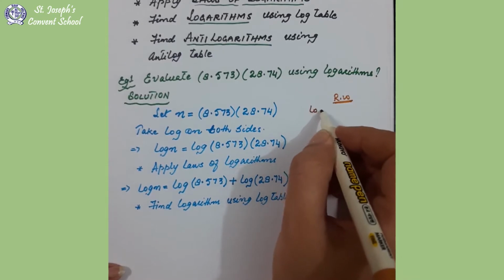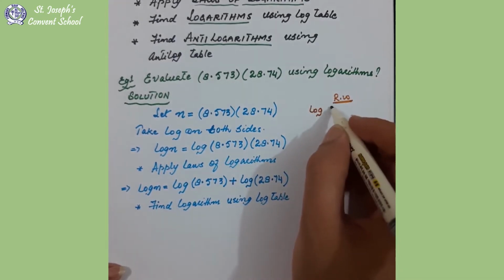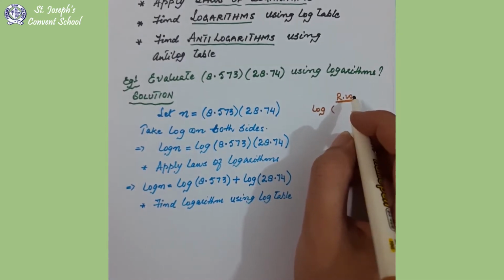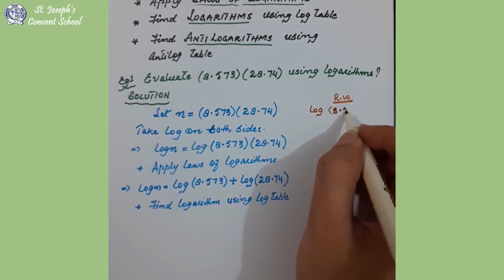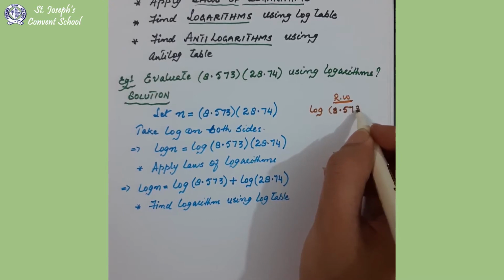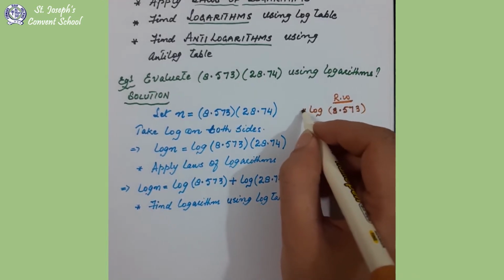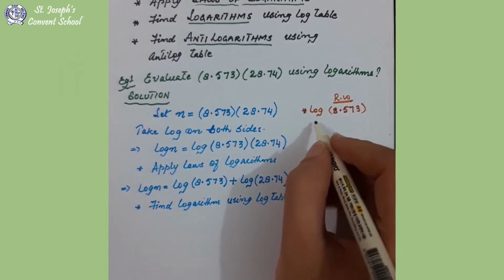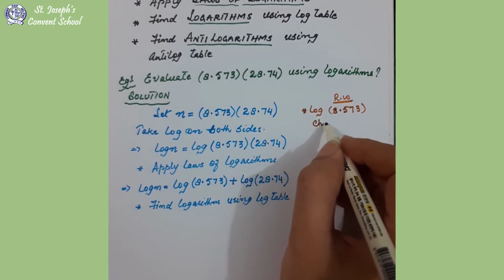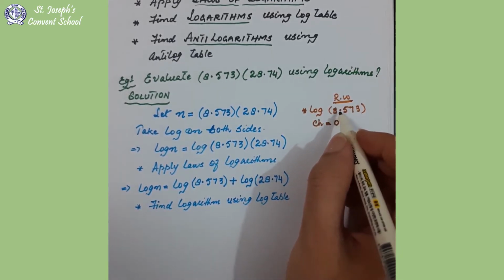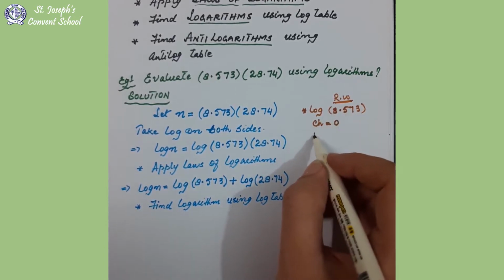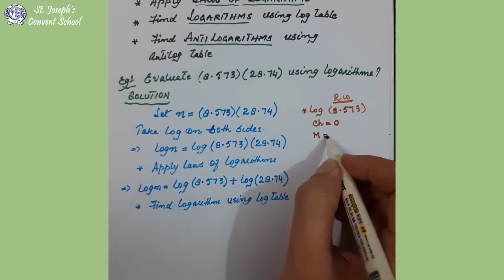Log of 8.573. Okay, we'll find the log of this. So according to the log, you find the characteristic first. So the characteristic is 0, because you don't have to shift the decimal anywhere, it's already after the first digit. And the mantissa you will check in the log table, ignoring the decimal,